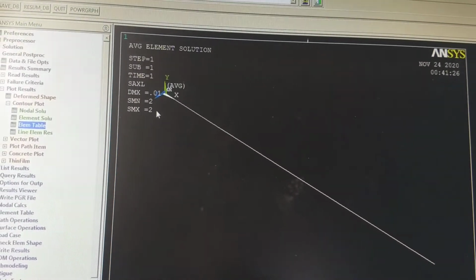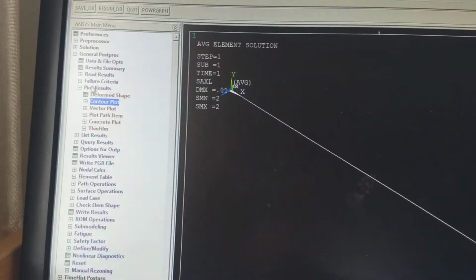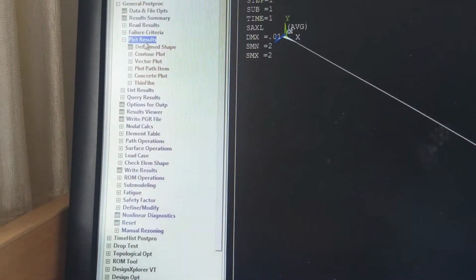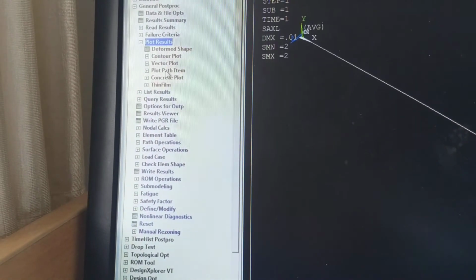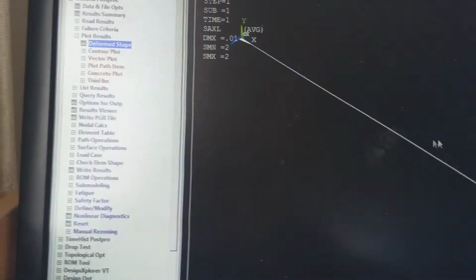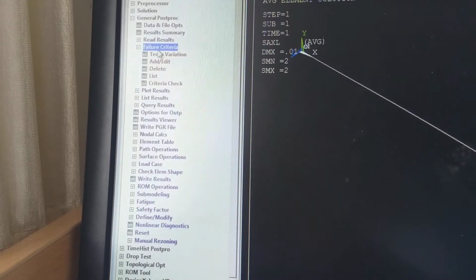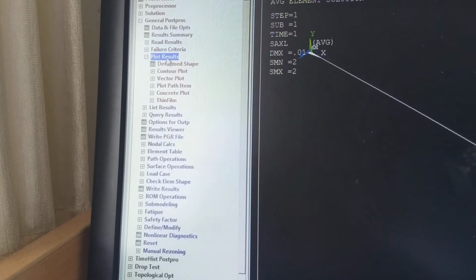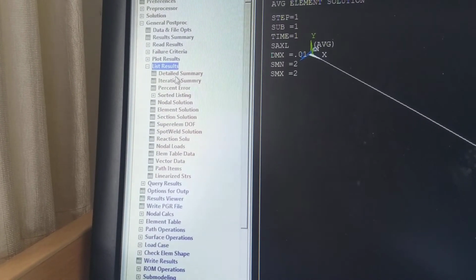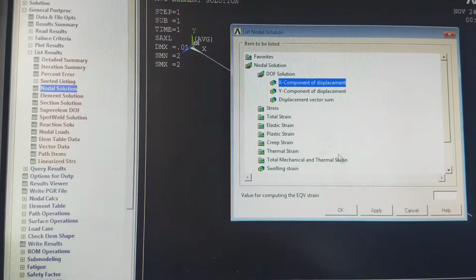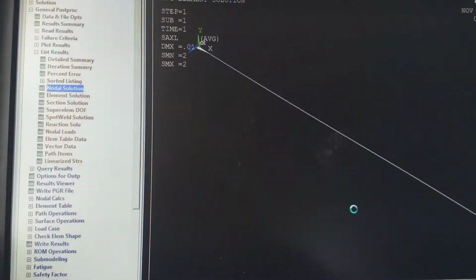Okay, and for nodal solutions, go to plot results, nodal solutions, DOF, X component, because we applied the load on the X axis.